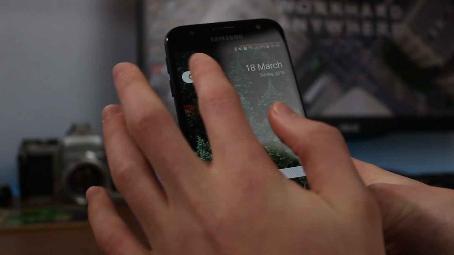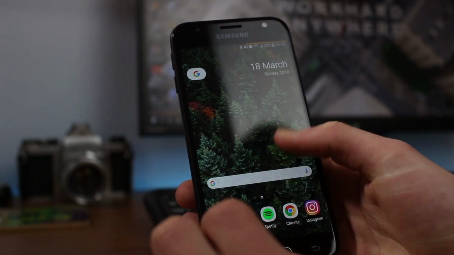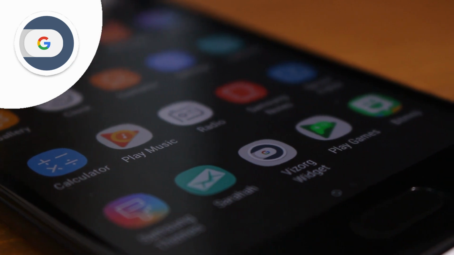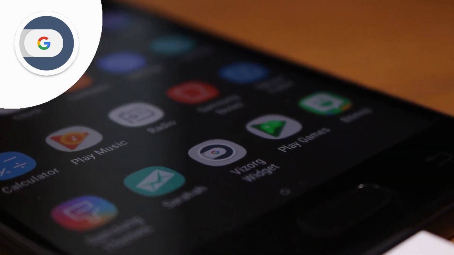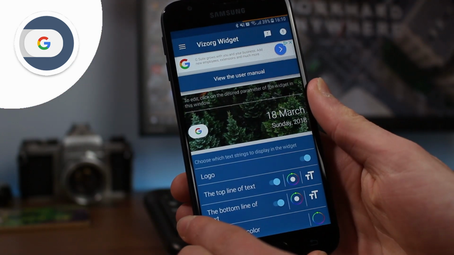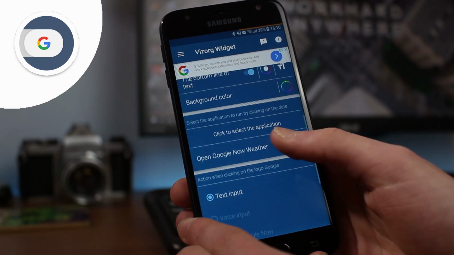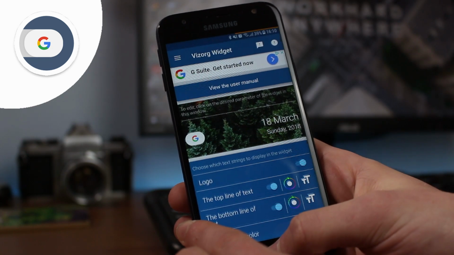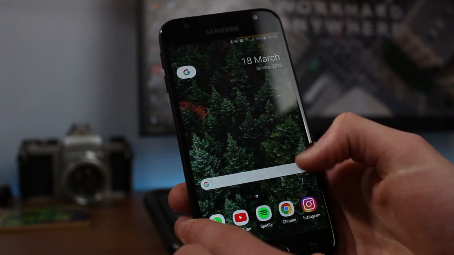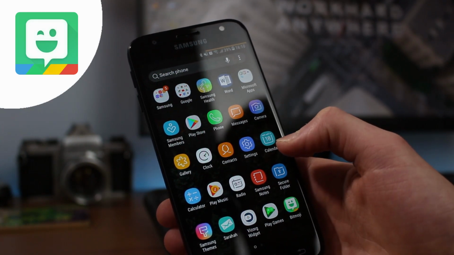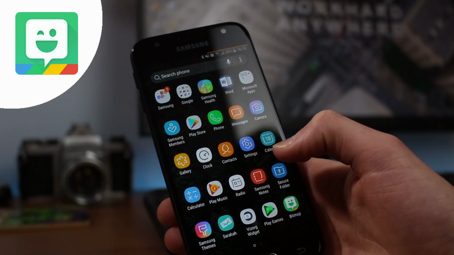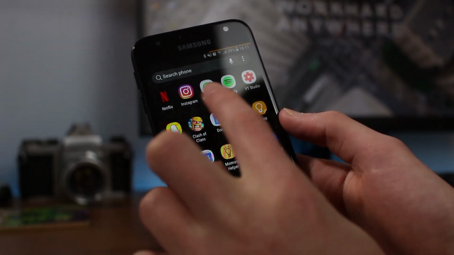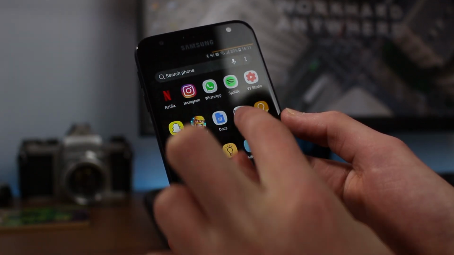Now at the beginning, I talked about these widgets up here and down there. This is from an app called SIG.org Widget, and it pretty much just has the Google widget, and you can see there you're able to upgrade, you're able to change it in all the ways and customize it any way you want. And then I have Bitmoji, which is of course used for my Snapchat account to make a Bitmoji. And then I have my Netflix and all the other apps that I talked about,